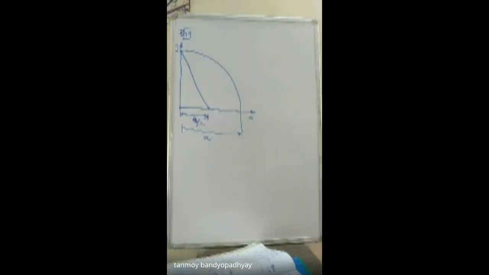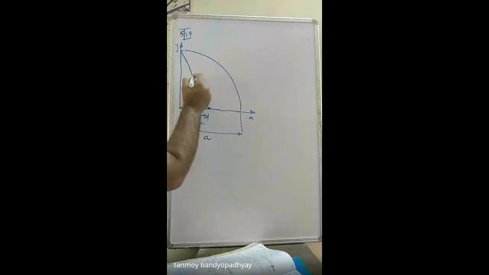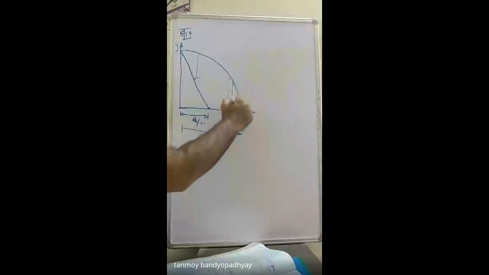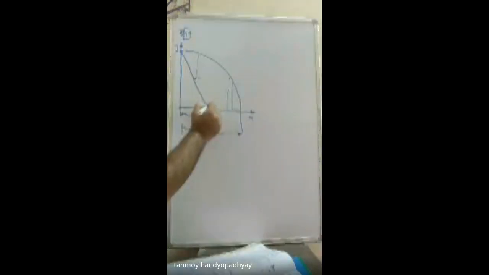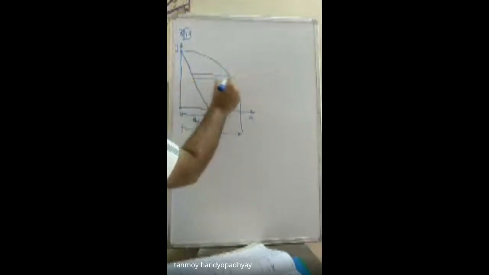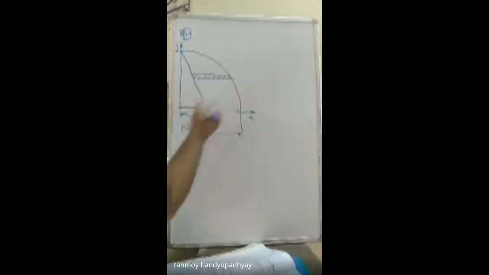So I hope now you can understand that at least you have got an idea that if you take horizontal, you can find the area bounded by two curves. But if you take vertical, there is a different thing. So it's bounded by two curves, and this is a part bounded by this curve and the x-axis. So you have to divide the problem into two parts and then do it. But if you take a horizontal area, you are left with a problem where you are supposed to find out the bounded area between two curves.